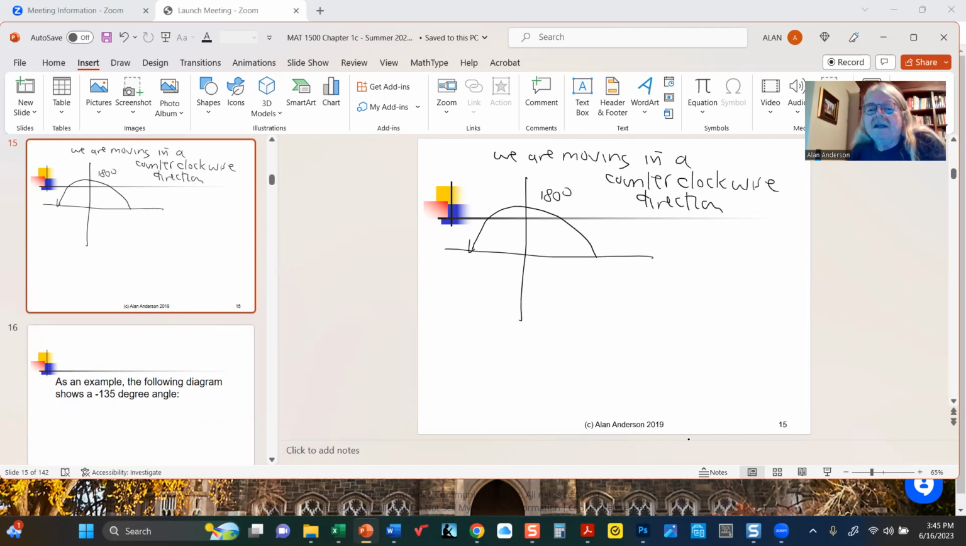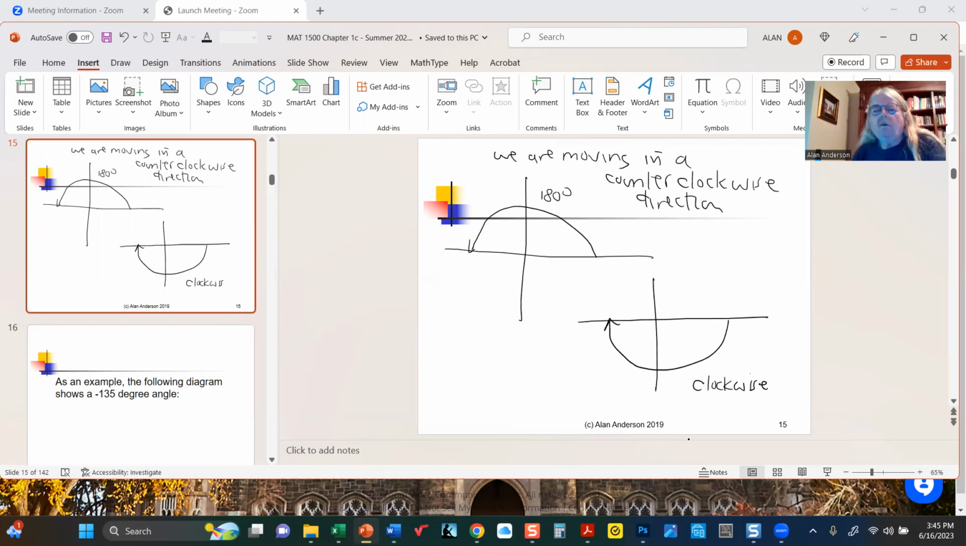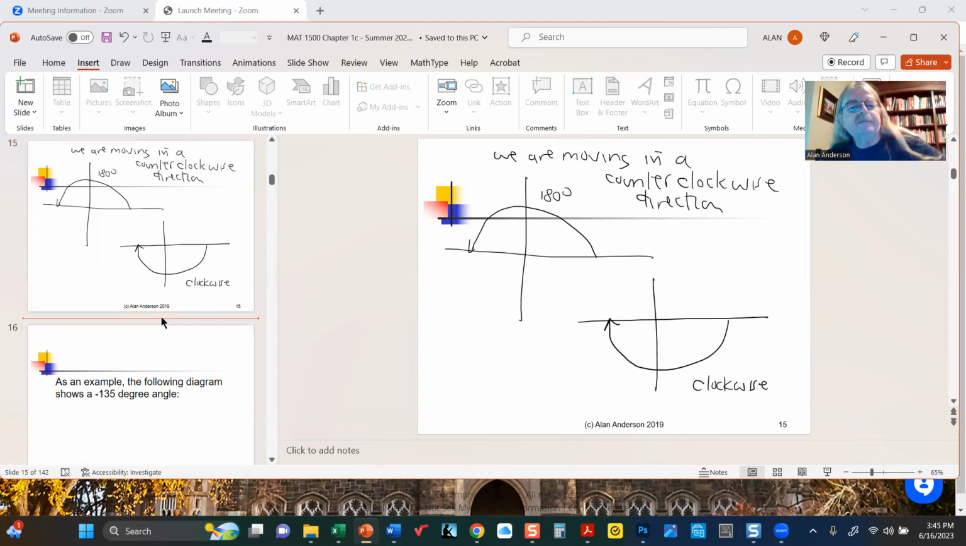But what if that's not the case? What if instead something like this had happened? Ooh, we're going clockwise. What do we call this angle? Well, it turns out that the rule of the way this works is that